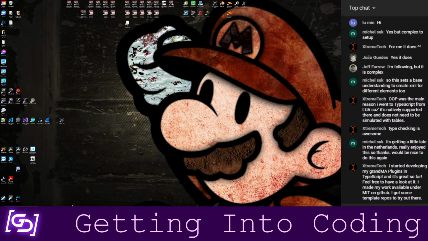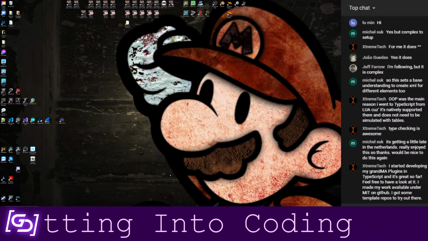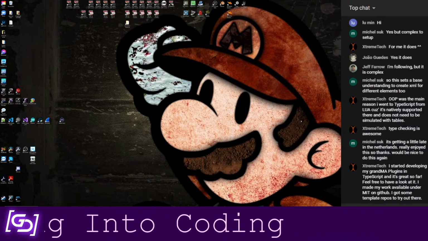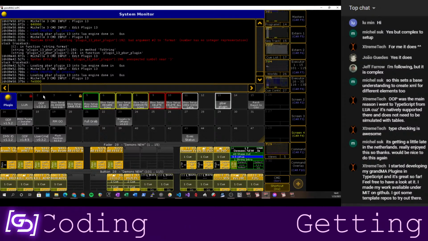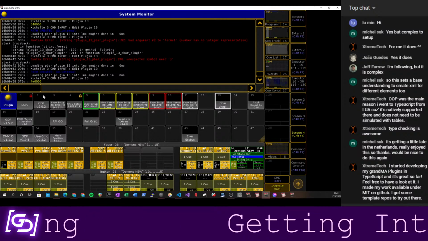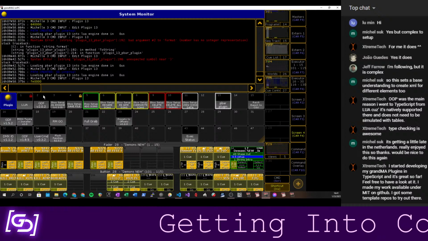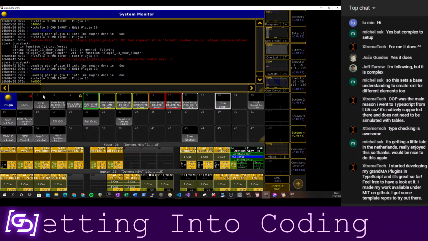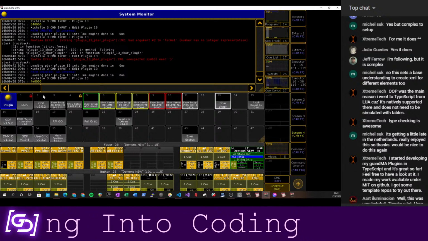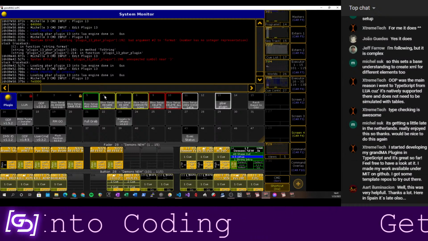I'm trying to think, maybe just as a closing thing, because I mentioned trying to get into it with things that you can do on an MA. One of the early ones I did was a DMX value scanner that allowed me to toggle states of something, just checking a DMX value. That only works when you have DMX parameters. I'm trying to think of other things.